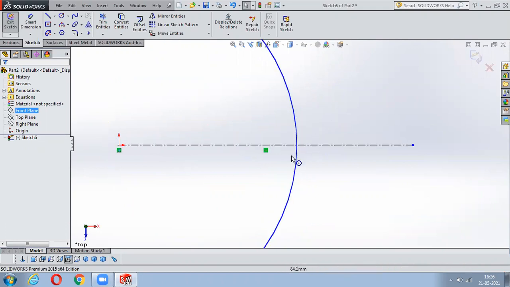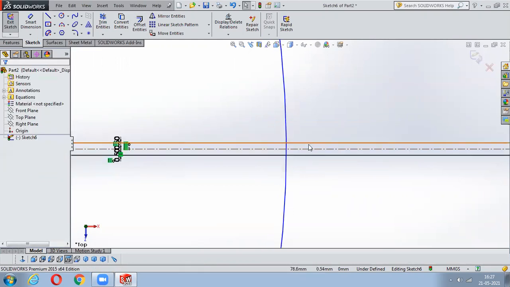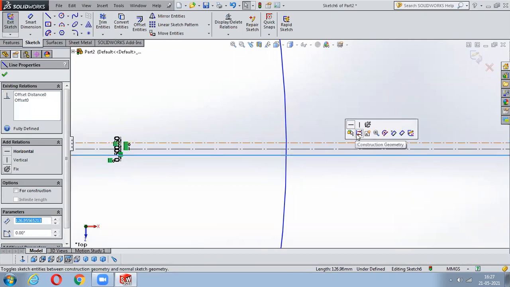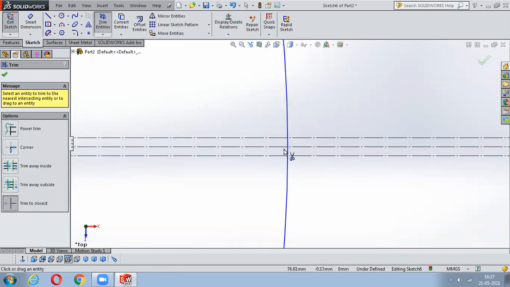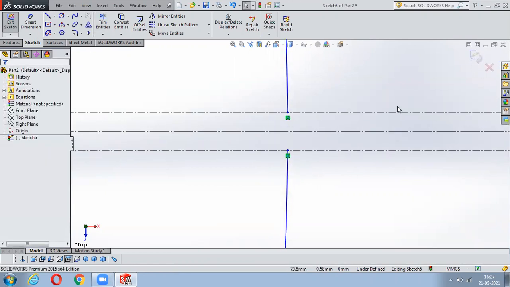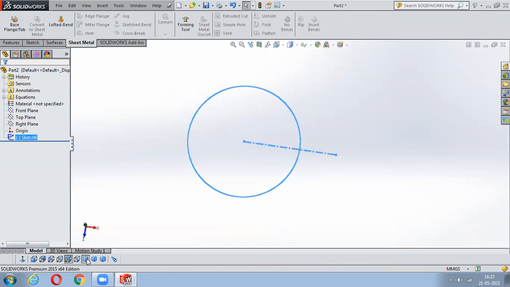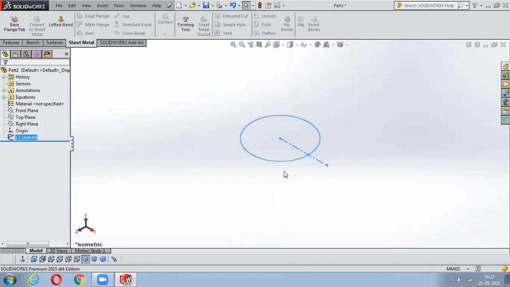So now what I'm going to do is I'll just create an opening here. To do that, I have taken a center line. Now I'll just offset that particular line in both the directions, so it will be bidirectional. I'll give the distance as some 0.5 mm to it. Now I'll make this as construction geometry as well as this one as construction geometry, and I'll just trim it off. I don't want this. Once it is done, I'll say okay to this. I'll say exit sketch. Now I'll take this as the height of my hopper.